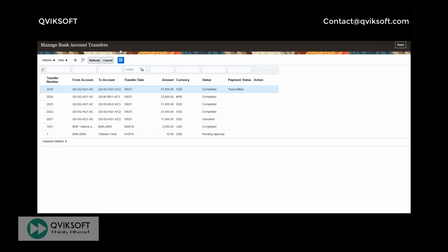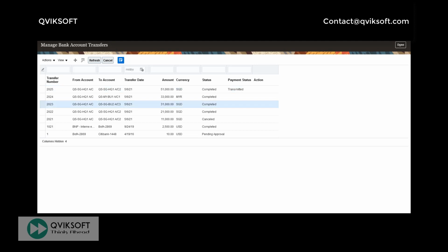Another question could be, what if at this stage I decide to cancel this? Yeah, what happens? Now if you cancel this one, the other side cancellation will not happen if the file has already been sent to the bank. Yeah, so you have to make sure you cancel here, but also make sure you cancel it in the bank as well. Otherwise the payment will go through in the bank and you only cancel in your system. The file has been transmitted to a bank, then you have to do necessary action with the bank. Otherwise that will not happen.